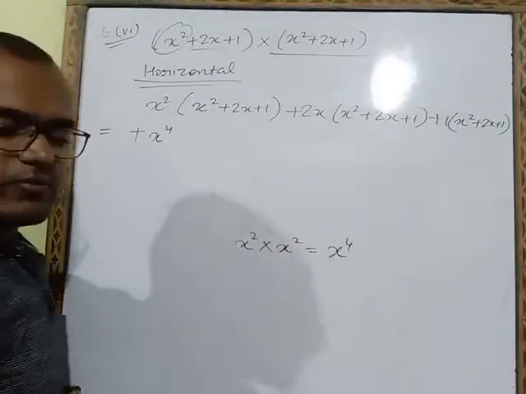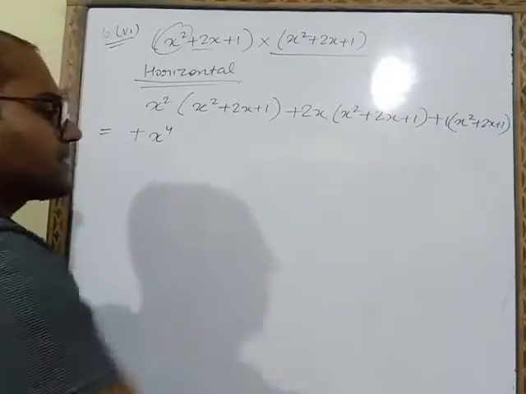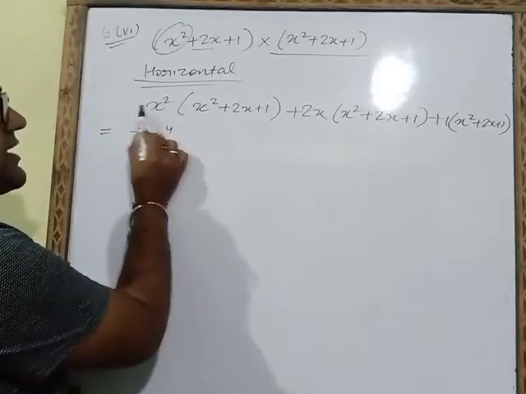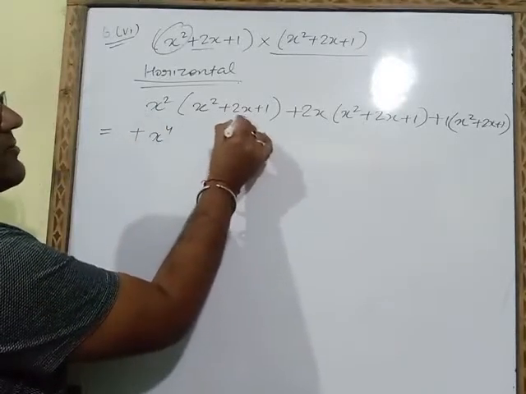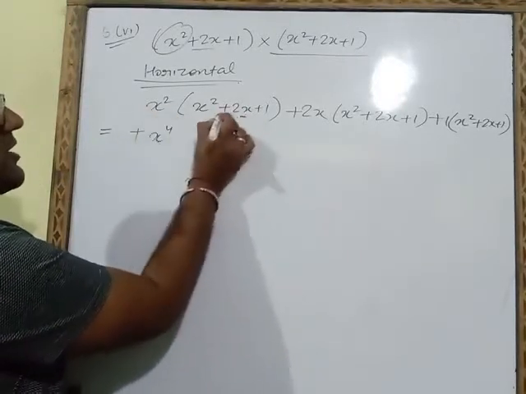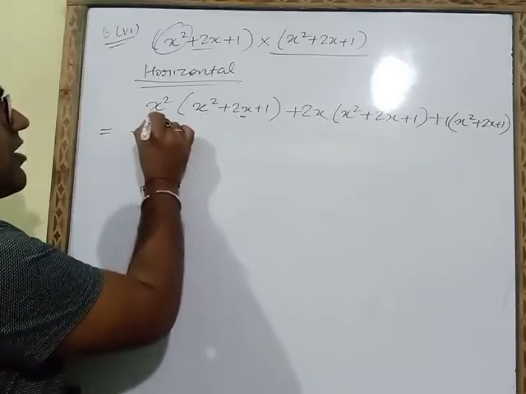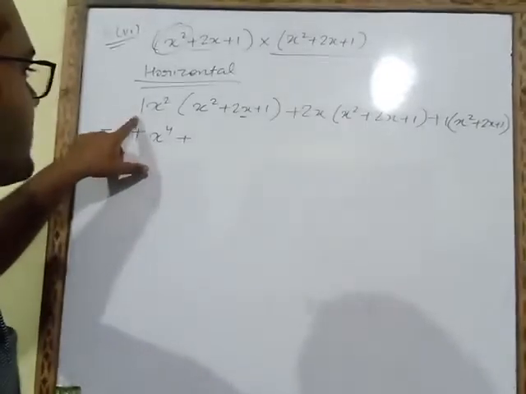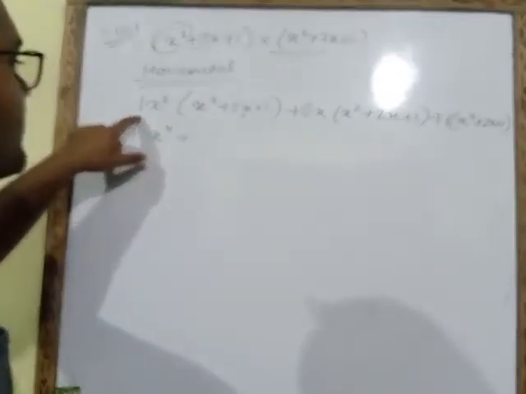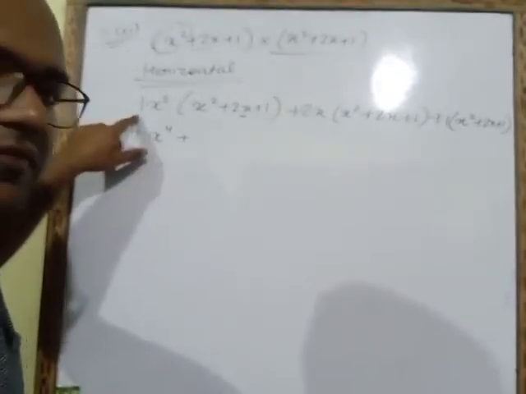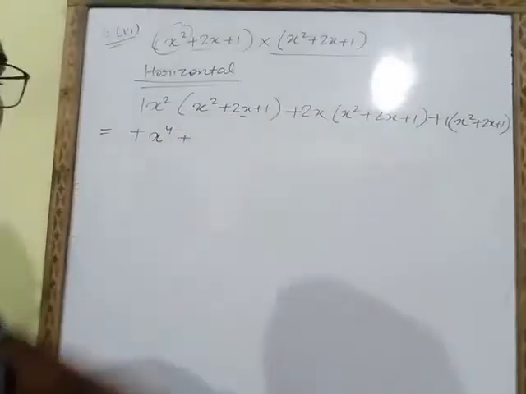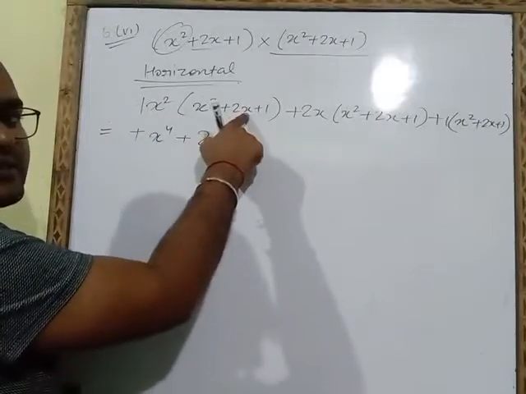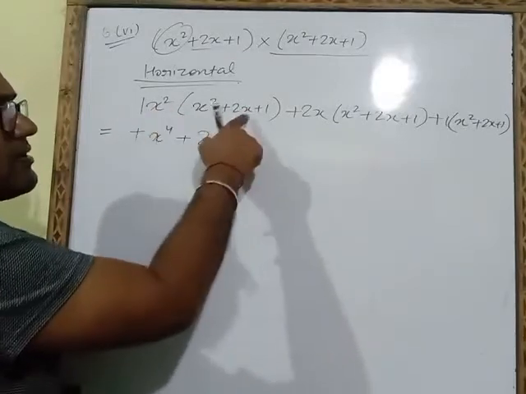Now again we have to multiply sign. So first of all we will multiply sign on the left hand of this plus sign. Plus multiply plus, plus. Now number we will multiply. Here number is not given, that's why I had written here 1. So if number will not be there, you have to take it 1. 1 multiply 2, answer will be 2. X square multiply x.